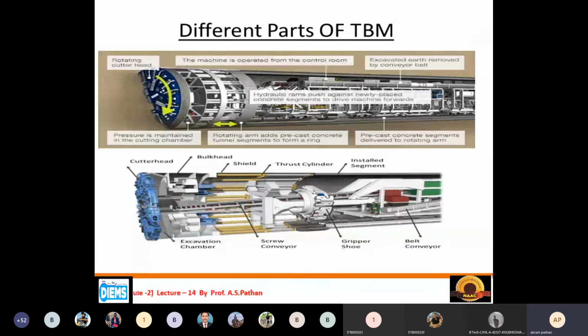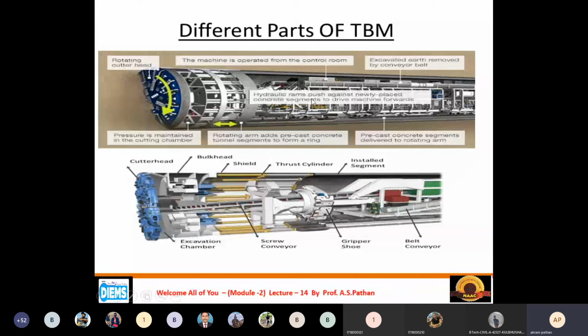If you want to go from one floor to another floor, there will be a belt conveyor. Such technology will be there. So if you want to move loose material from the working area to another place, this facility is available with the help of a belt conveyor.